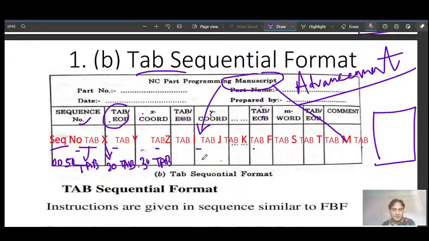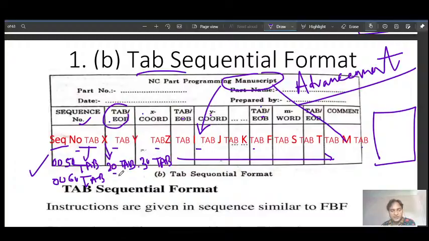So in this way we prepare the whole program. Next, what is the advantage of using this? Because in fixed block we have seen that when we are writing the next command, block number 0060 tab, next again you have to use the same x coordinate value, say 20.